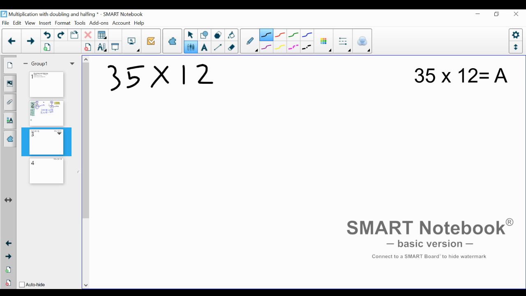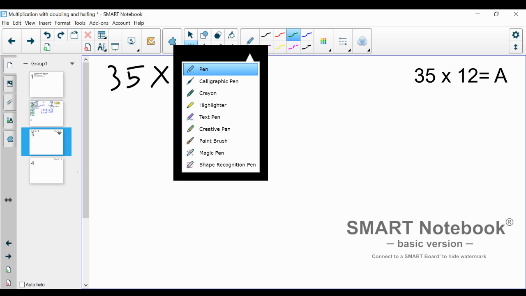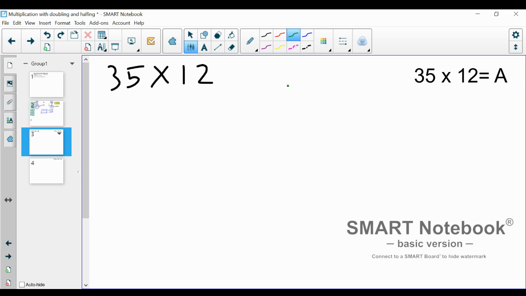Okay, and I am going to double one side and halve the other. I'm going to choose to double my 35. So I'm going to multiply this side by 2, and I'm going to divide the other side by 2, because I know that 12 divided by 2 gives me 6. And let's pretend like I'm really good at my multiples of 6. I can multiply things by 6 in my head really well. So I know that if I make this 12 a 6, I might be able to do this problem in my head, okay? So I have 6 on this side now,